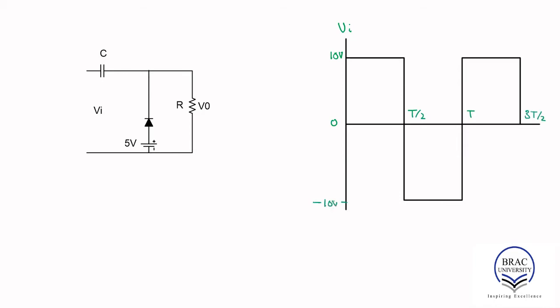minus 10 volt. So this is our signal. Notice, if you keep our signal to my left, the diode appears to be in the anti-clockwise direction. That means for the positive half cycle, the diode appears to be reverse biased, but for the negative half cycle, the diode appears to be forward biased. So we're going to ignore the positive half cycle. Instead, we're going to start our analysis from the negative half cycle. That means Vi less than 0, and the diode is